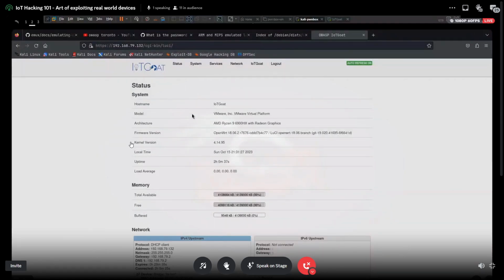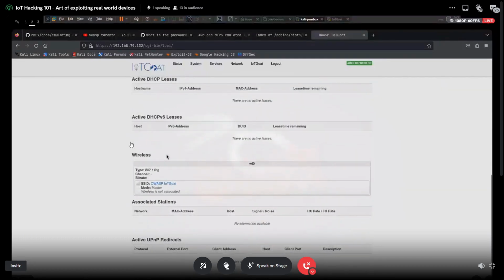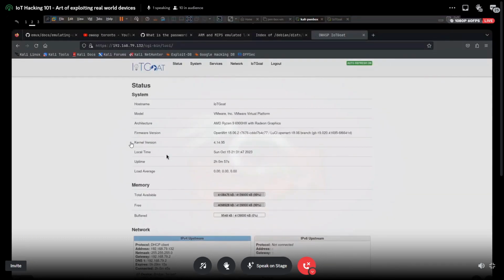So again, I was talking a lot about the whole thing. This thing runs on OpenWRT. OpenWRT is not a web framework, but a framework for creating firmware binaries for IoT devices, especially routers and stuff like that.